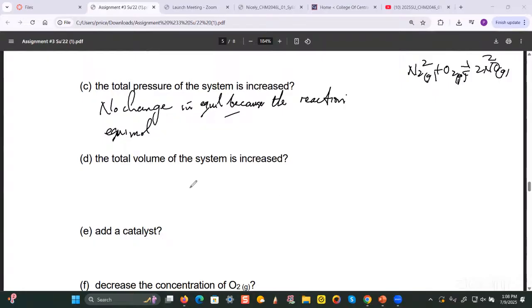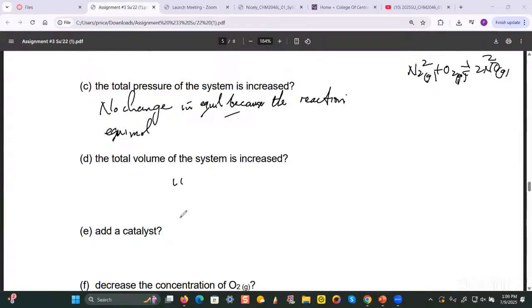the reaction is equimolar. So basically, the answer for D is the same as the answer for C. No change because you have equal molecules of gases on either side. Remember I said that for equimolar reactions, no change in pressure will affect the equilibrium. It doesn't matter if you increase or decrease the pressure, and it doesn't matter if you increase or decrease the volume, right? The equilibrium position will not change, so therefore there will be no changes in the amounts of all the gases in the system. Okay, so that's D.